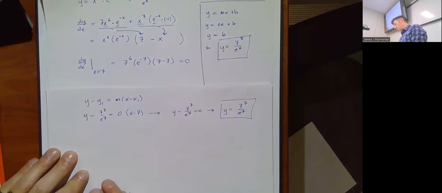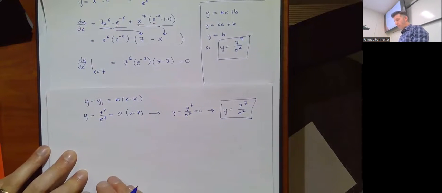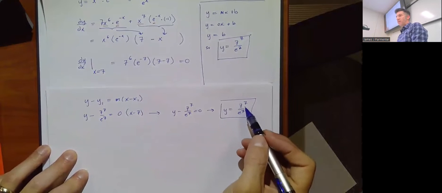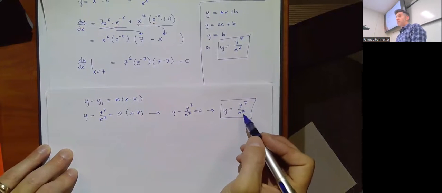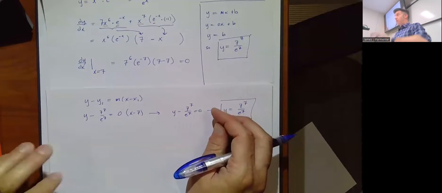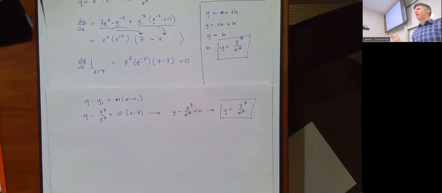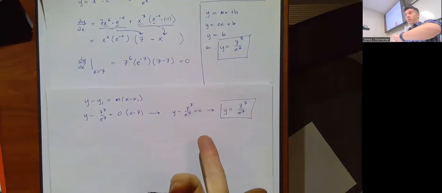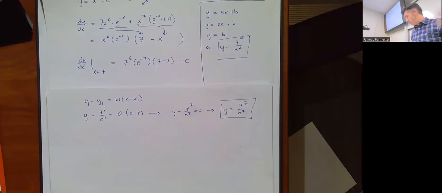And that is how you should write it in Gradescope, or whatever. You could multiply out 7 to the 7th if you want to. You should not plug in e to your calculator and get a decimal approximation. I should be very clear about this. When you are entering things in WeBWorK, unless they say they want a decimal approximation, you should be using the number e, like just e to the 7th. You don't want to write 7 to the 7th divided by whatever e to the 7th ends up being as an approximation, which is, I don't know what.